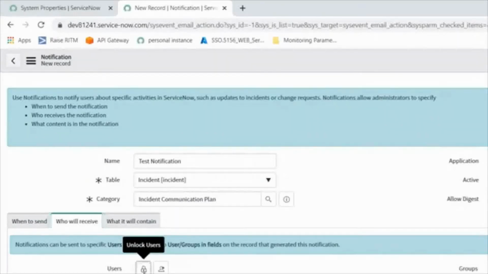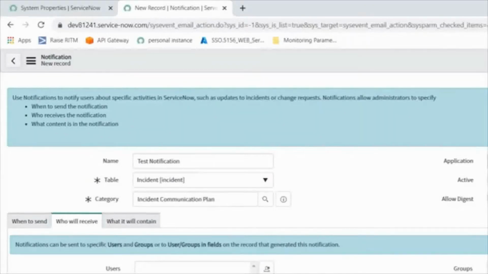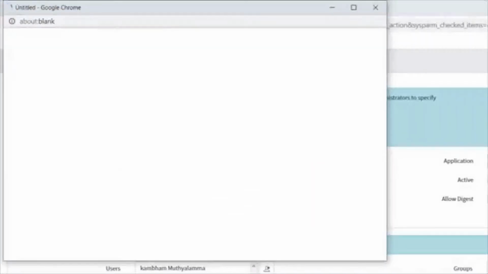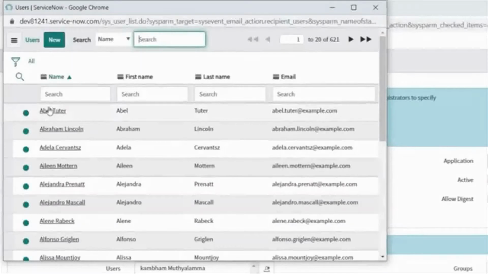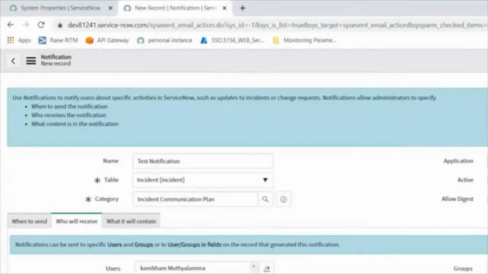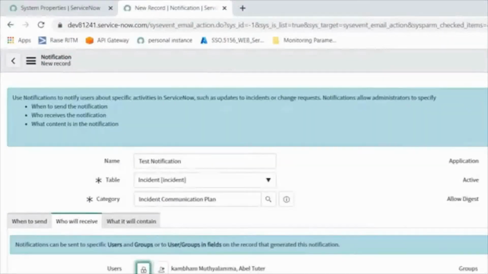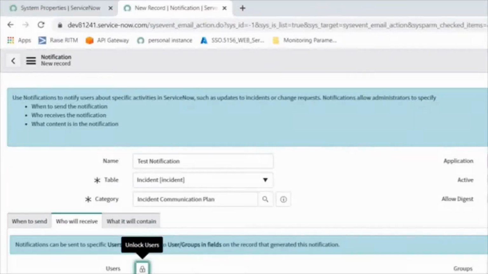Whomever you want to receive it, you can include all the persons. Here we can include many multiple persons, not only one single person. If you feel we can send this notification to a person, you can include multiple persons at one go, so many users at one go, right? Once you have clicked on that, you have to lock this button. You have to click on this lock button, otherwise that will not work. Otherwise these people will not be added to the particular group.